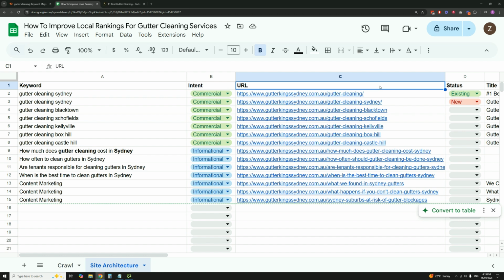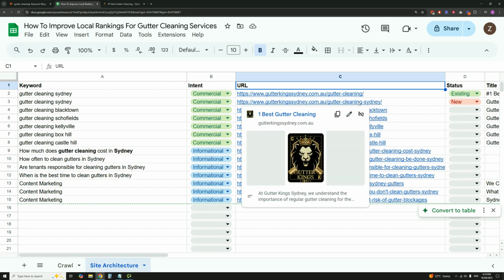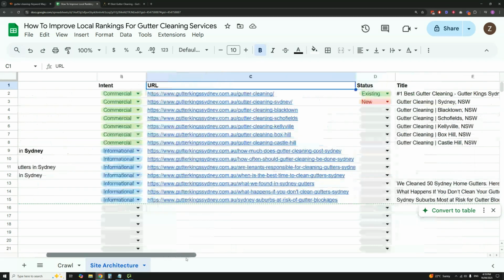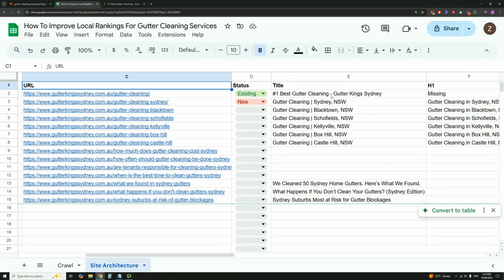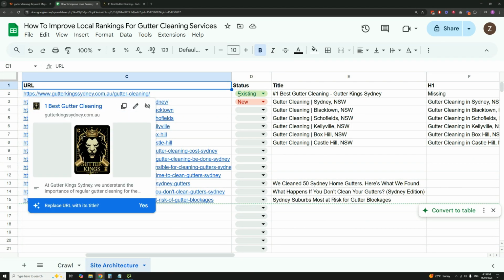So it's not quite clear enough, and it's not quite relevant enough for the keyword that they actually want to target, which is gutter cleaning Sydney. So quite a simple change here. I would just simply plug in the city. So gutter cleaning Sydney. Now, if we scroll over to the right, the current title for this page is